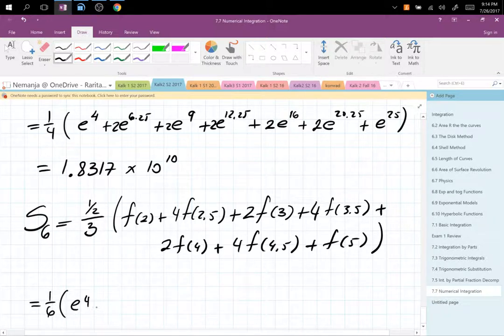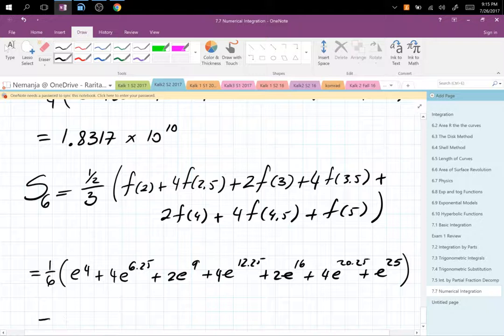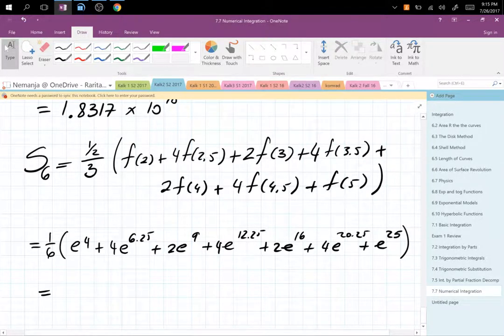So we have e to the 4th plus 4e625 plus 2e9 plus 4e1225 plus 2e16 plus 4e2025 plus single e to 25, for the grand total of